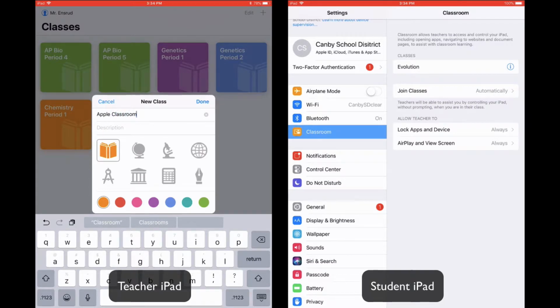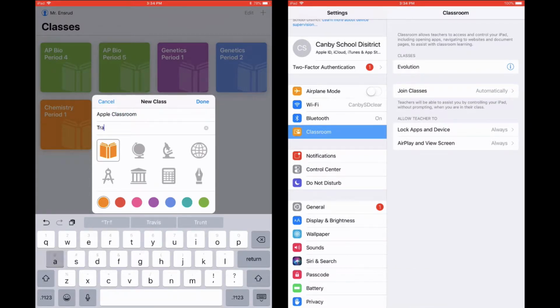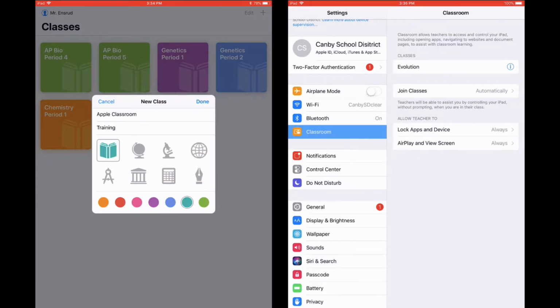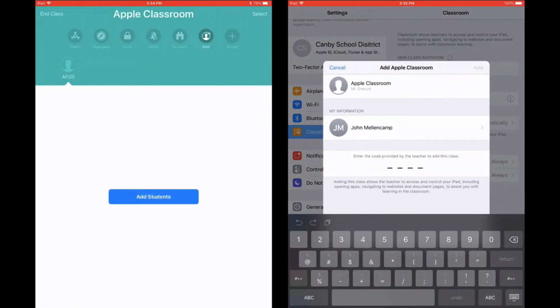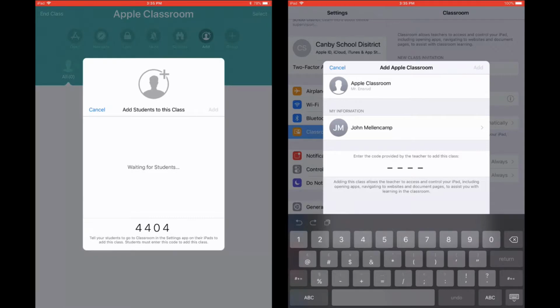I'll call this one Apple Classroom, and the description will be training. You can also select a color and an icon to display your class. Once you select these settings, you click on that class, Apple Classroom, and to add new students, we're going to